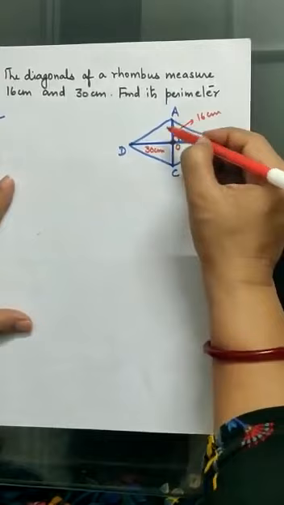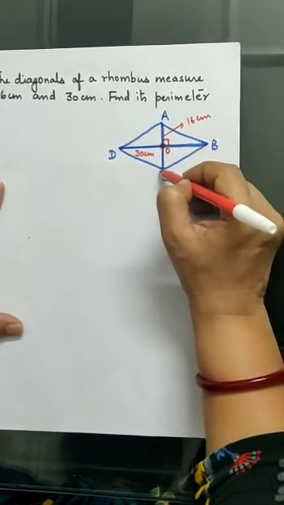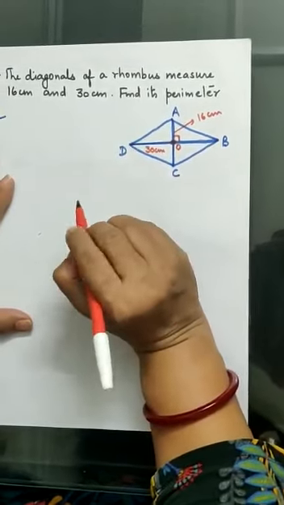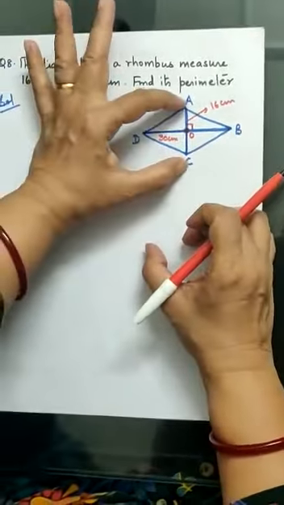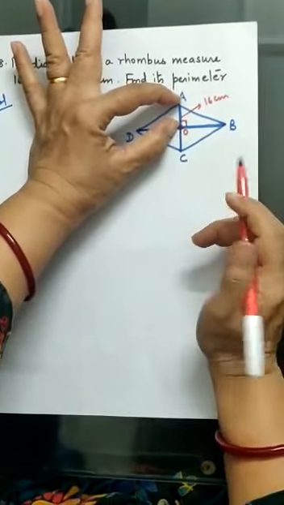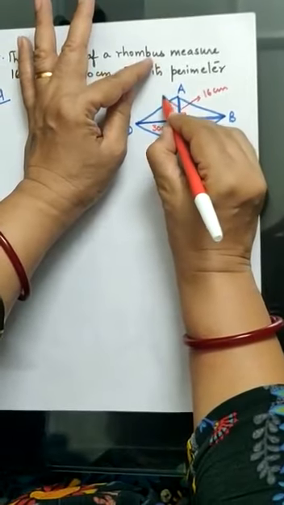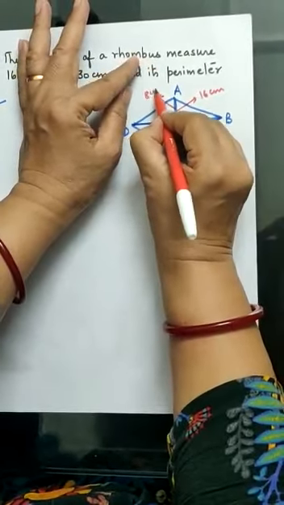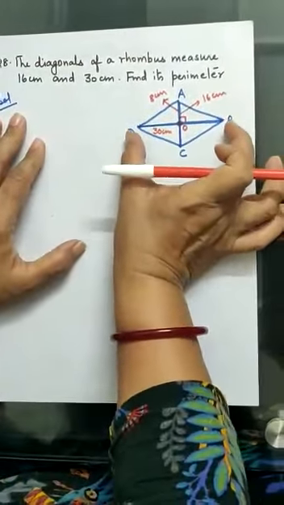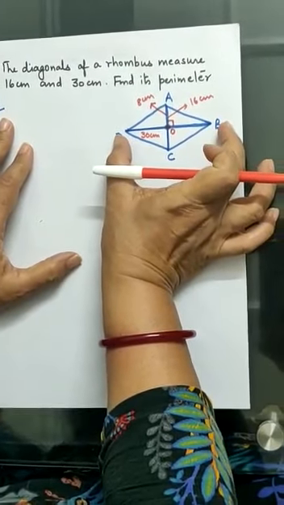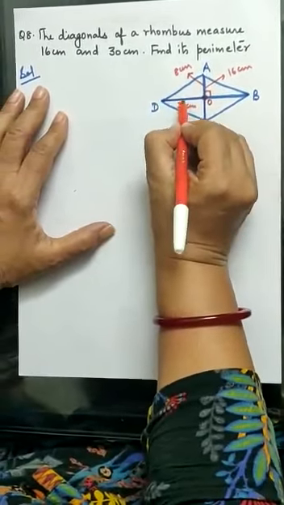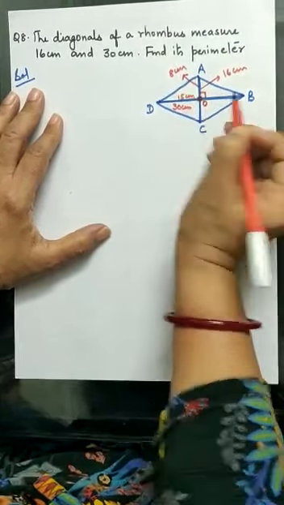Bisect each other means AO is equal to OC and OB is equal to OD. ठीक है, अब ये देखो AC पूरा 16 है, तो AO कितना हो जाएगा, हाफ हो जाएगा. So this AO will be how much, 8 centimeters. ठीक है, अब ये वाला DB is 30, तो DO कितना हो जाएगा, आधा हो जाएगा 15. तो मीन्स जो ये DO है ये हमारा हो जाएगा 15 सेंटीमीटर्स.